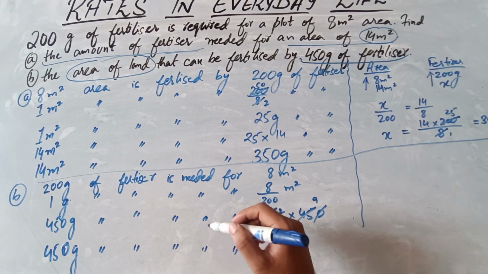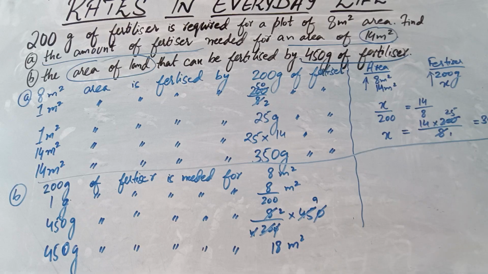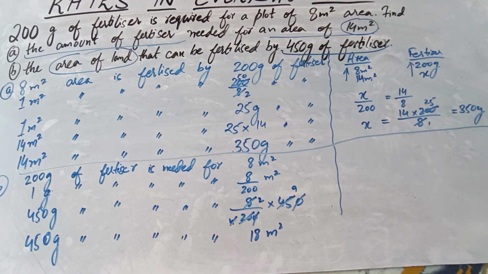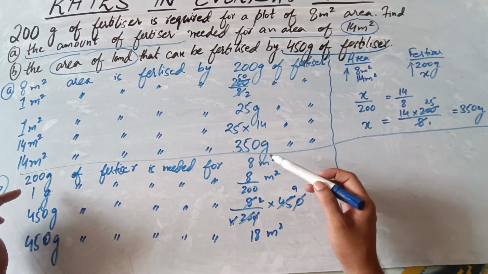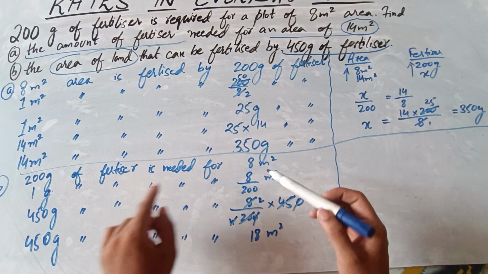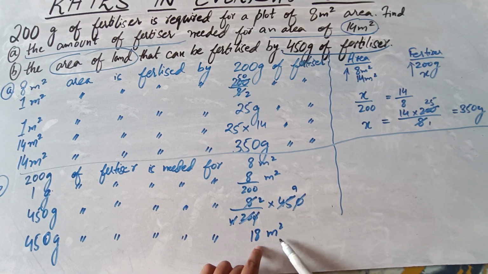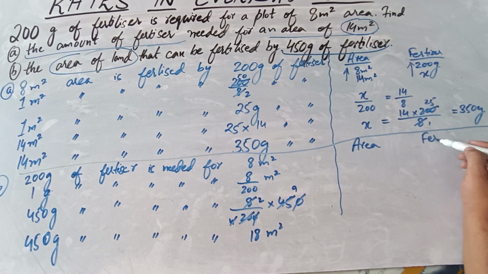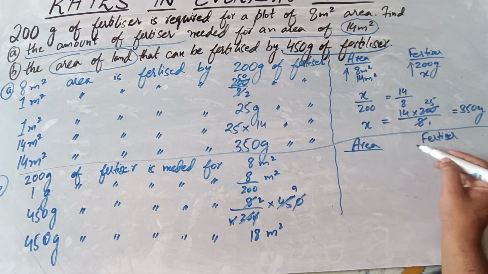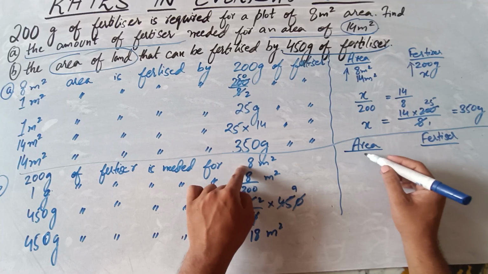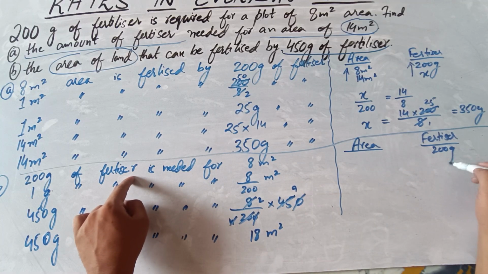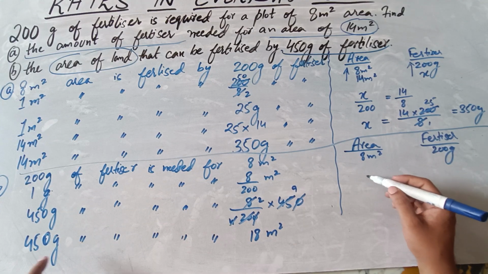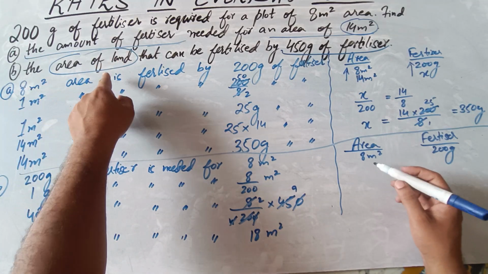Now this also can be done with this pattern. Again, they both are directly linked with each other. Means if fertilizer is 200 gram, the area would be less, and if fertilizer is more, the area would be more. So both the quantities will increase or decrease in the same ratio. So again we will do the same thing: under fertilizer I am writing 200 gram, under area I am writing 8 meter square. Then find the area of the land.